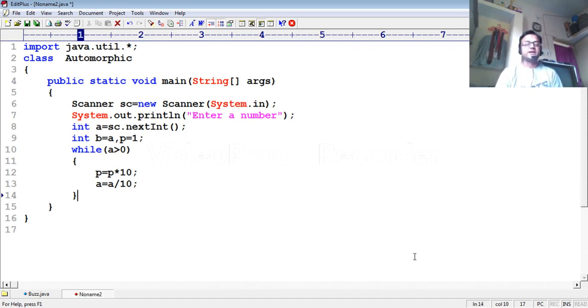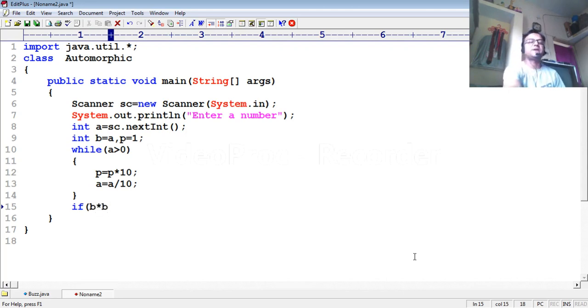So we have already found the multiple of ten. Now how to check the last digits of the square of the number? Many of you will square the number first, then extract digits, and then check the condition. I am going to perform all these things in a single statement within if: b asterisk b.